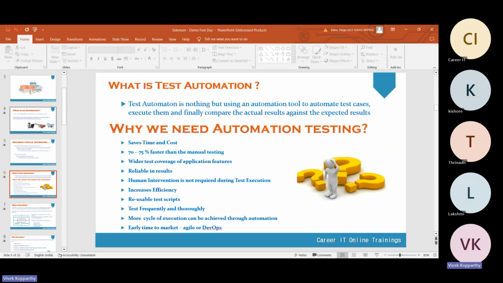You may have heard about regression testing. What is meant by regression testing? Regression testing is nothing but, whenever we introduce a new feature to the existing application, we must be very clear that the new feature is not going to disturb any of the existing features. That's why we validate all the existing neighbor features, to make sure they are not affected by the new feature.